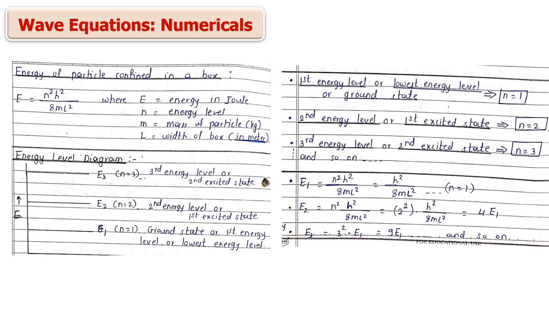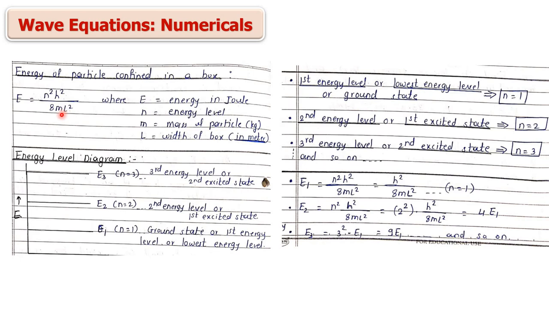The energy value which you use here would be in what? Joule. So energy is in joule. If it is given in electron volt, when you use this formula, you have to convert it into joule. And from this formula, suppose you are asked to find energy in electron volt, you will get it in joule, so you have to convert it into electron volt, right? Now n is the energy level number, for example first, second, third, etc. If it is the first energy level, n is equal to 1, second energy level, n is equal to 2, and so on. h is Planck's constant, m is the mass of the particle.